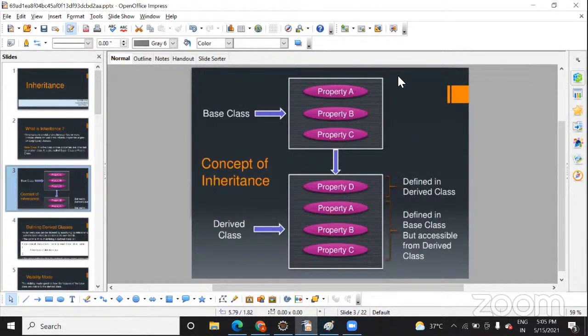Suppose the base class has a few properties. These properties are nothing but your methods, variables, and constructors, everything. These are all inherited inside the derived class, and you can redefine it, modify it, and reuse it. You can see here, this ABC is similar to this ABC available here. This D is added, defined in the derived class.